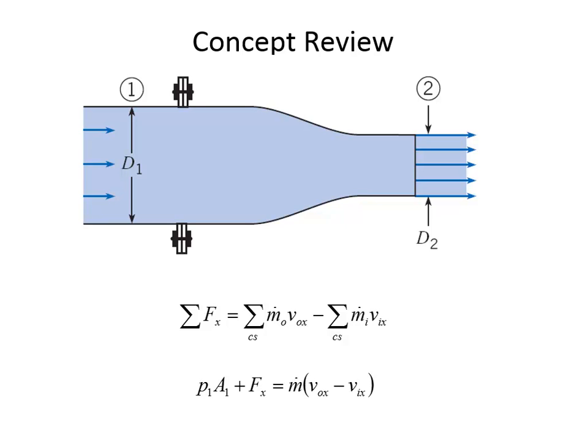So remember that when we have a pipe that's cut with the control surface, that pressurized fluid on the outside of the control volume acts as though it's an external force. And so in the example we worked in class last time, the pressure and the cross-sectional area together accounted for a force that was pushing the control volume towards the right. And when we worked through the example to find what force is required to hold the system steady on that flange, it was actually to the left, because the force of the pressure times the area was greater than the